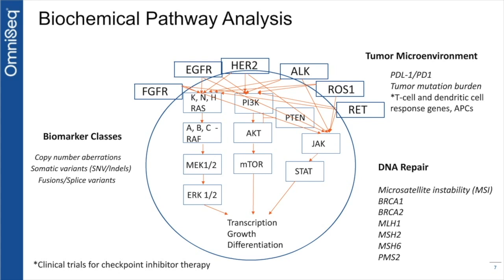The biomarker classes that are identified by comprehensive profiling and traditional profiling are highlighted here. FGFR, EGFR, HER2 are all known oncogenes that play a big role in driving tumor growth. And to be able to detect the different variations in these biomarkers is very important. Along with reviewing the tumor microenvironment, tumor mutation burden, PD-L1 are important molecules and markers that are needed to look